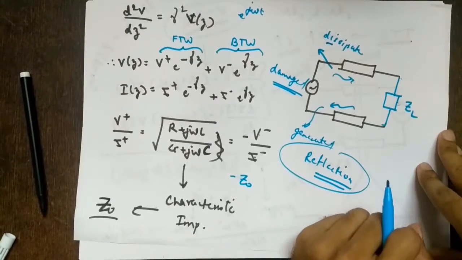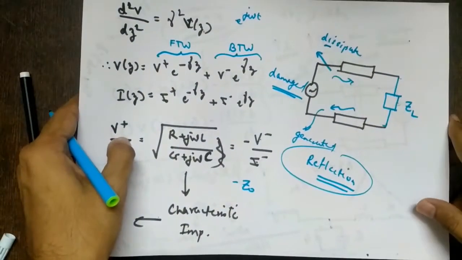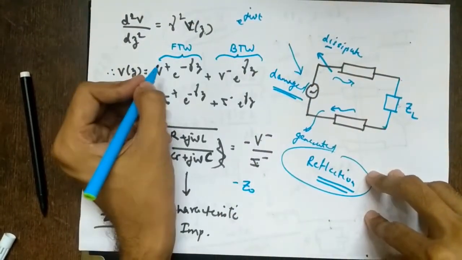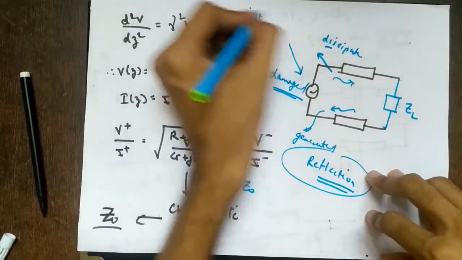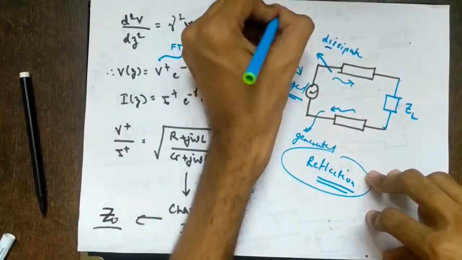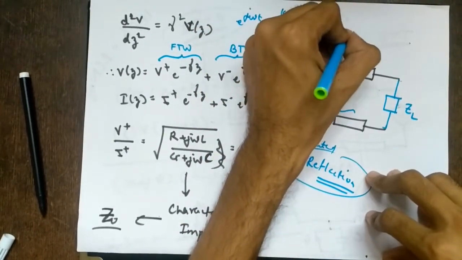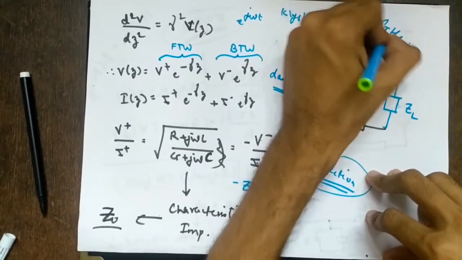There are many techniques to avoid this, right? Why should we avoid this? Because obviously the source gets damaged, right? The sources are very important, and they are very costly also. If you take a microwave engineering course in your 7th semester or final year, you will study sources like klystrons, magnetrons, etc. They work at very high frequencies, in the range of gigahertz.